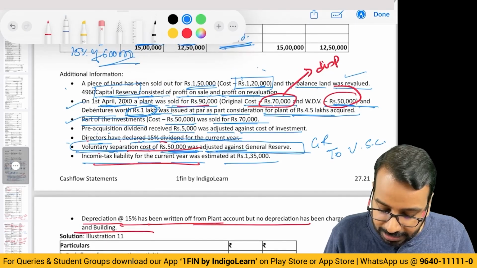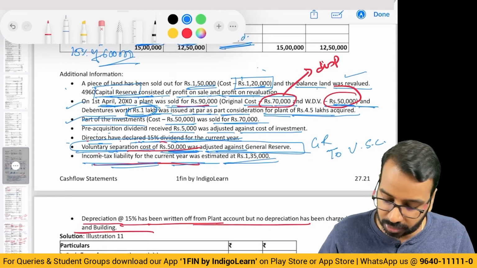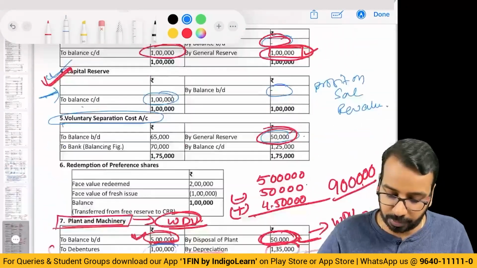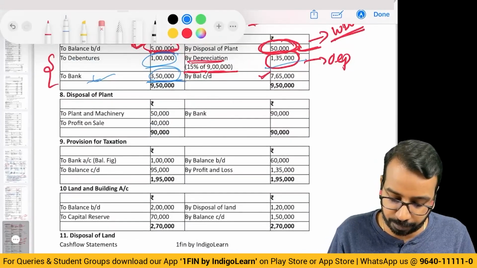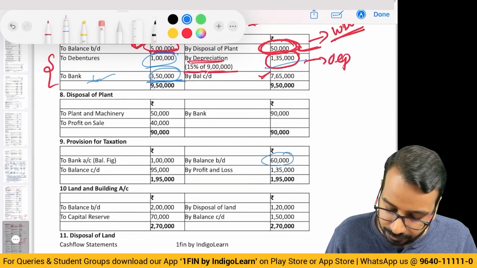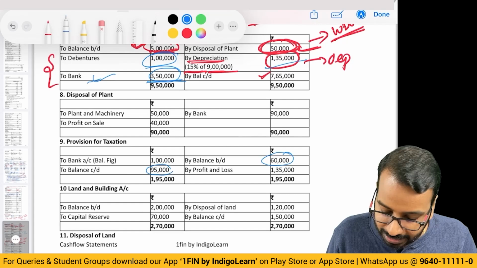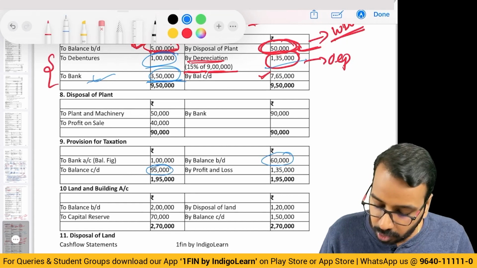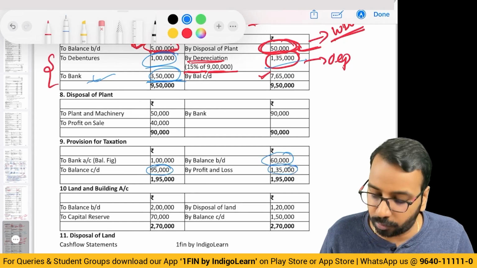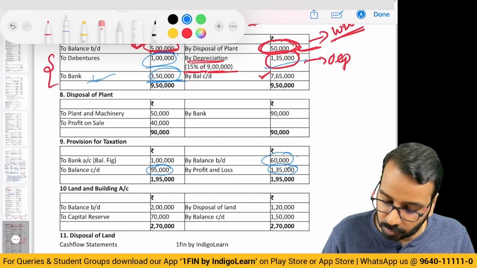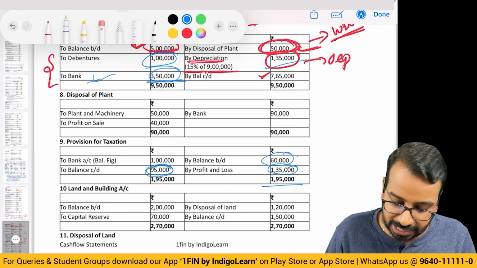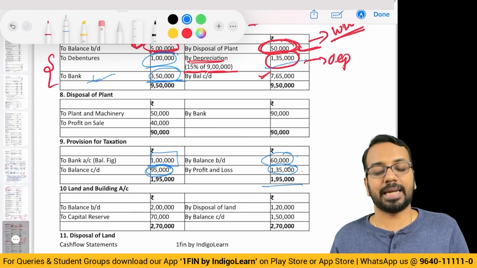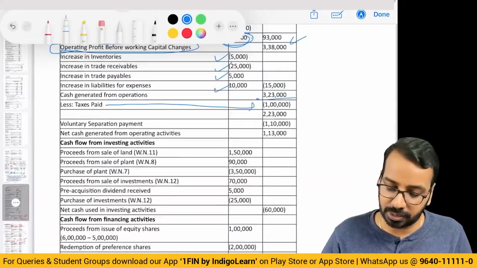But they have given income tax liability for the current year as 135. So what we need to do is prepare a provision for taxation account. Opening balance 65, closing balance 95, and 135 is the P&L amount. So 60 plus 135, 195. If closing is 95, we can assume that 1 lakh has been paid. So that is how we got this